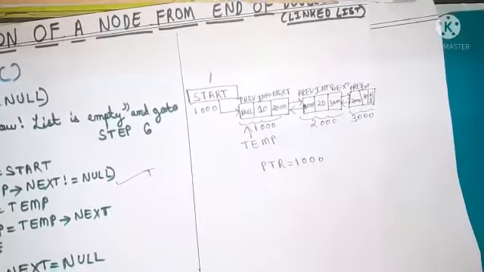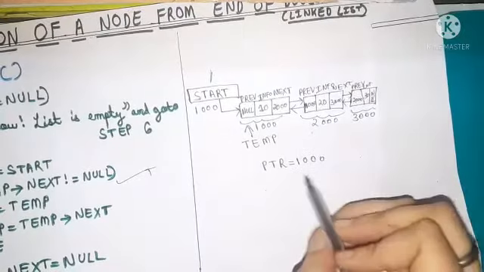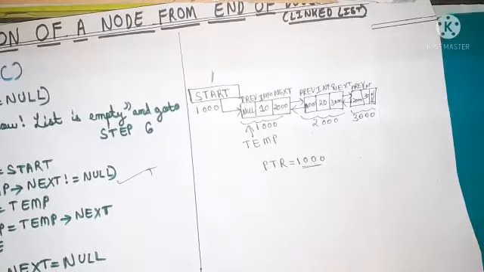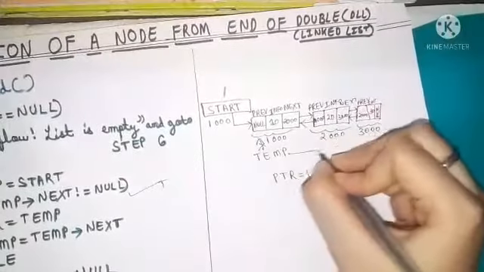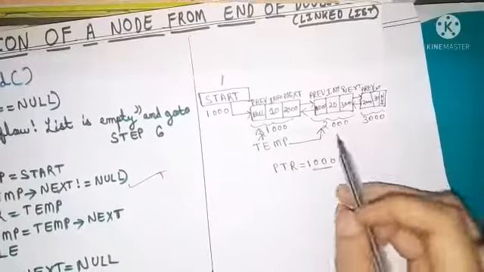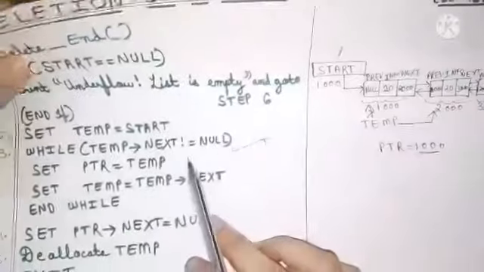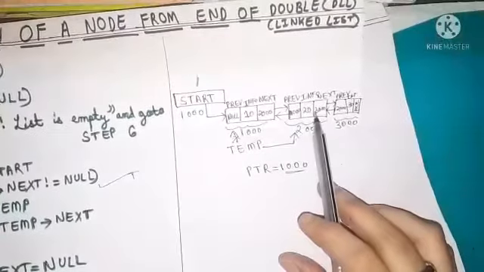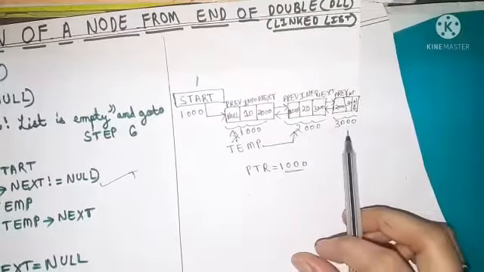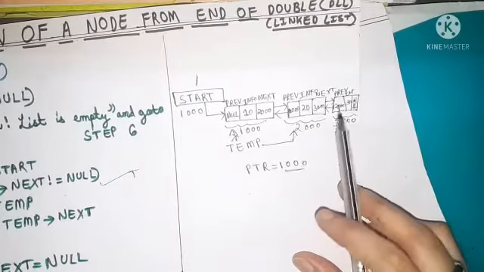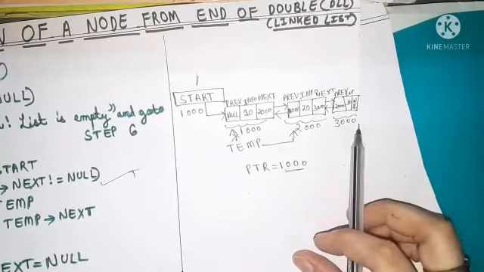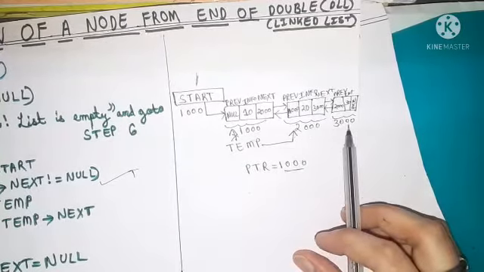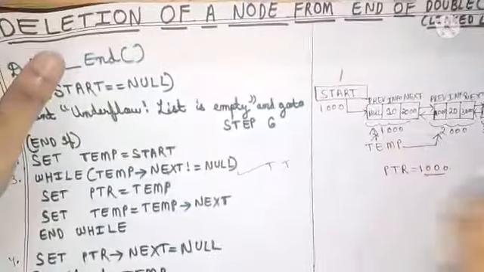Here we will store the address of temp at ptr. Now temp is pointing to the node whose address is 1000, so we will save it at ptr as 1000, and then we will execute this statement, set temp is equal to temp next. So now temp will move to the next node. Next again it will check this while condition, temp next not equals to null. It is pointing to the next node whose address is 3000. Sorry, it's quite clumsy, but I hope you can see it. So here this condition again becomes true.